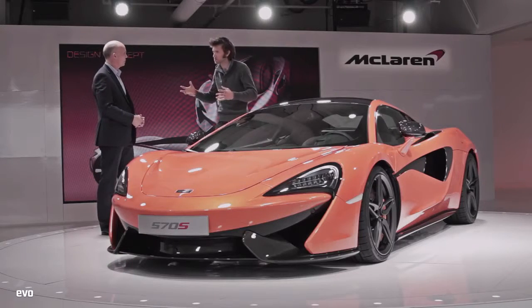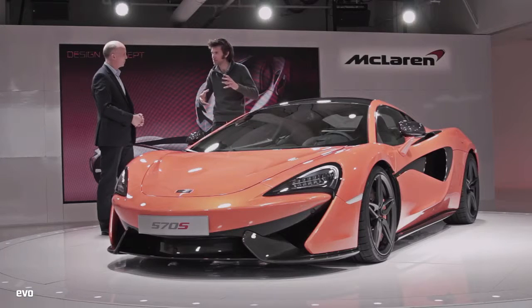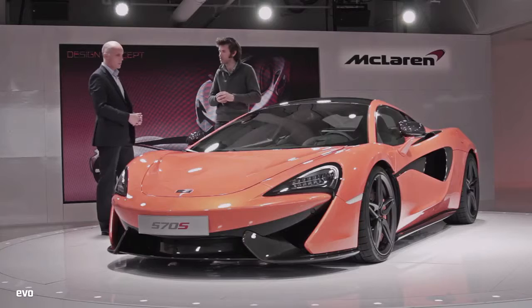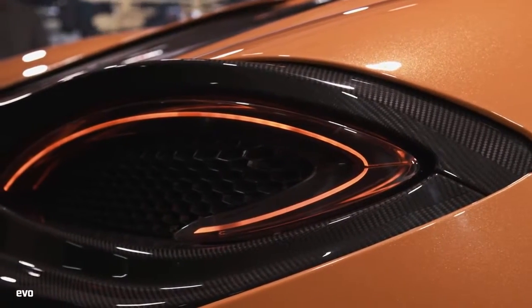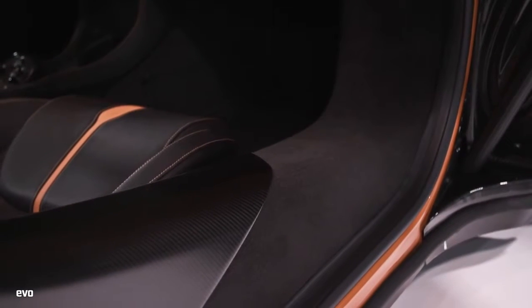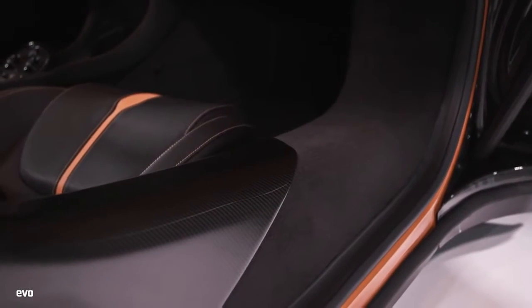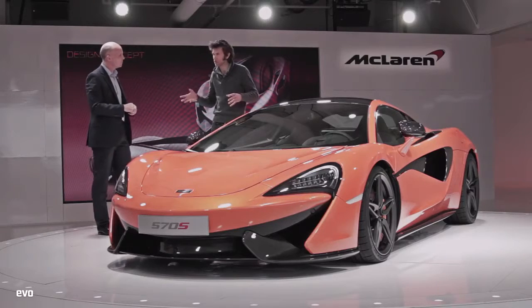So the chassis is obviously still a carbon tub, but it's changed quite a bit, I think, particularly to help access with the car. It was a tough challenge delivering carbon fibre at the price point for the Super Series. It's obviously critical for us to deliver carbon fibre even within the Sports Series. So fundamentally delivering the same structural performance, slightly less, if you like, in purist terms, structurally efficient, because we've lowered the side section of the sill by 80 millimetres to make it easier to get in and out of the car. But it's still very light, because it's presumably...